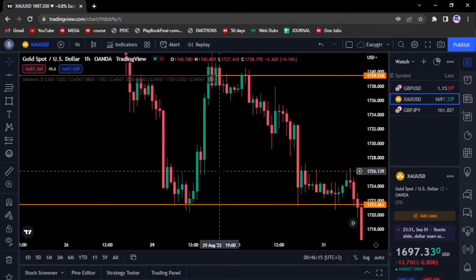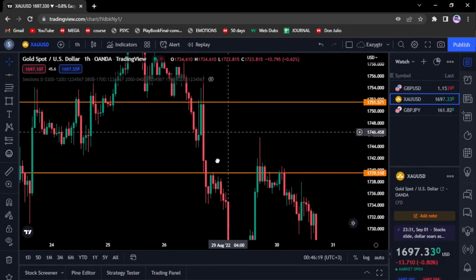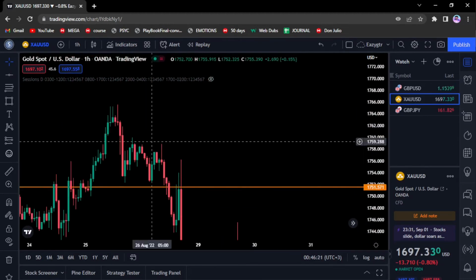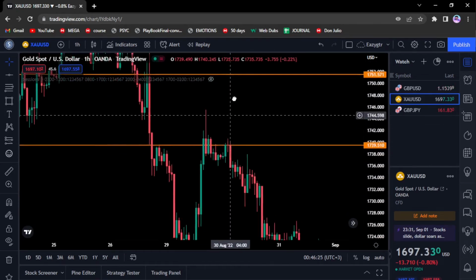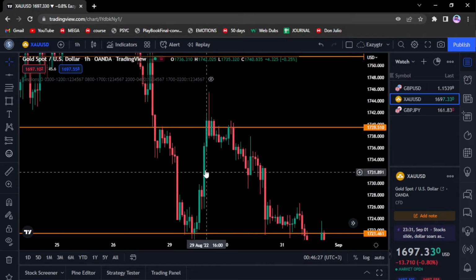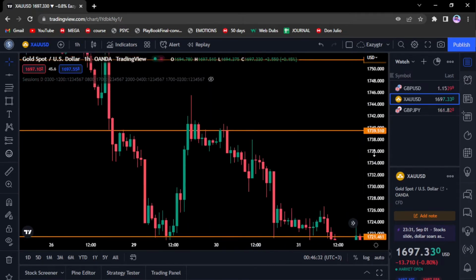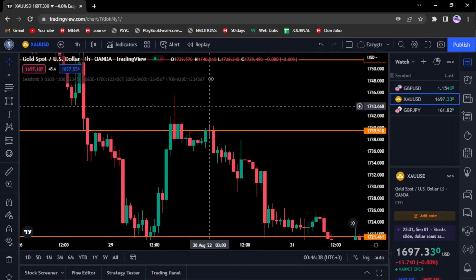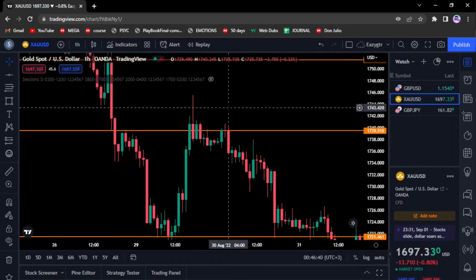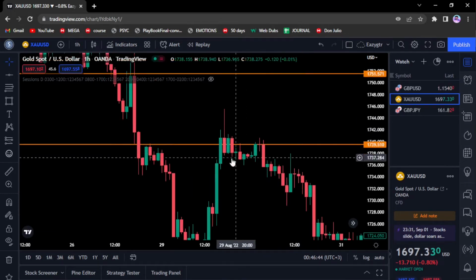Okay, so first things first, identify the trend. We are in a bearish trend, and during bearish trends you don't want to look for buys. So when price starts moving bullish, you don't want to FOMO in, you don't want to have the fear of missing out. As I told you earlier, it's better to miss a trade than to lose a trade. The pain of losing a trade is much worse than missing a trade. So price closed above,